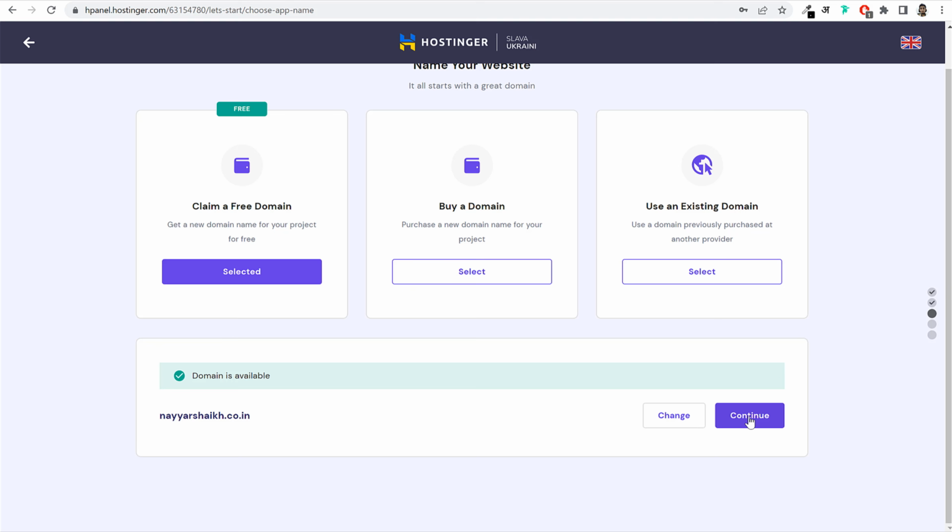Now, for example, if you don't want to purchase or register a domain name right now, and if you already have a domain name registered on some other website, maybe on GoDaddy, Namecheap, or some other website, and if you want to use that domain name with this hosting account, then you can select this third option, use an existing domain. So click on this select button under use an existing domain and type in that domain name that you have